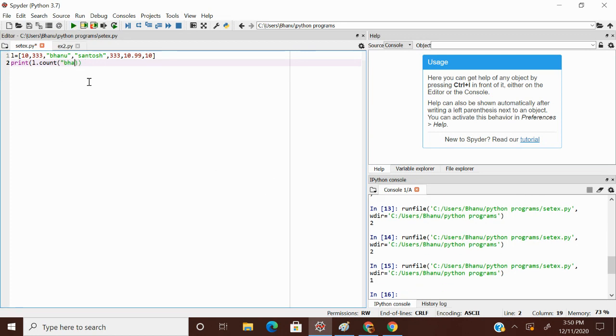Okay. Now I wanted to count 34. 34 is not present in my list. So it should not throw any exception. The count method does not throw any exception. So what does it do? If the provided element is present in a list, it counts and returns the number of times it has occurred in a list. If it is not present, it returns 0. It simply says this element is not present in your list, so the count of this element is 0.